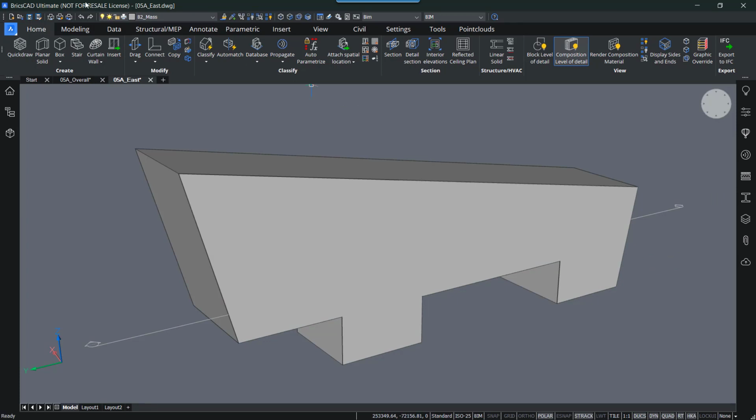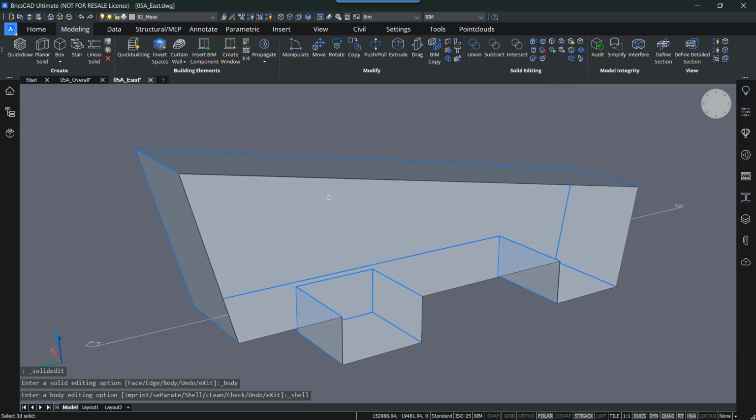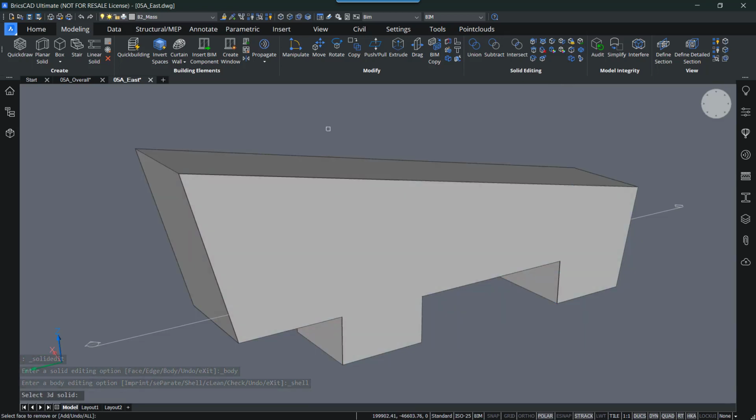For this I'm going to go to the modeling tab, and then here in solid editing you will find a command called shell. I'm going to use that to hollow out this massive solid, so I can create an outer shell for this building. Click on that, select the 3D solids.